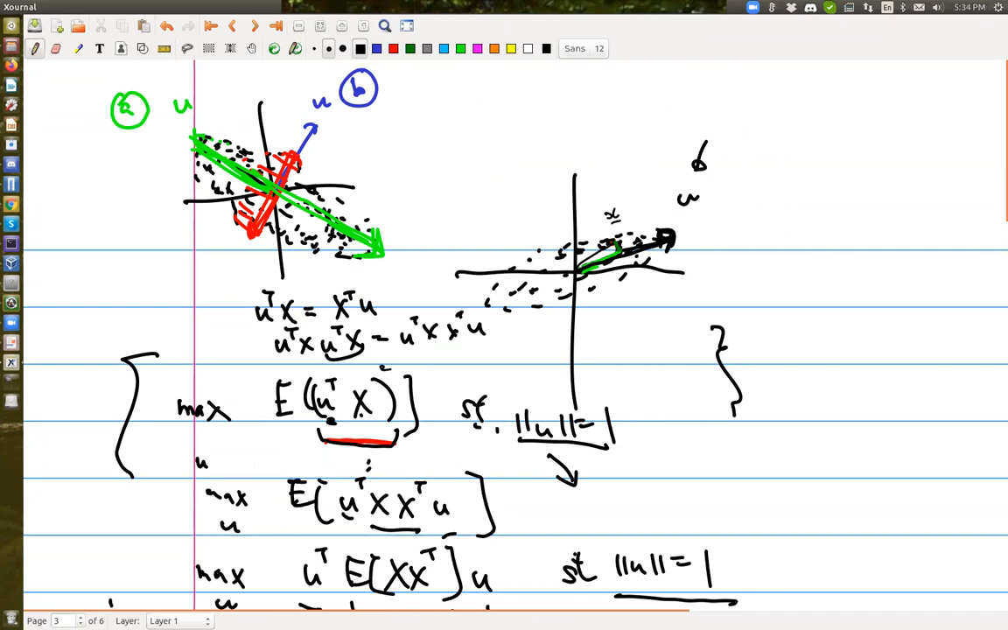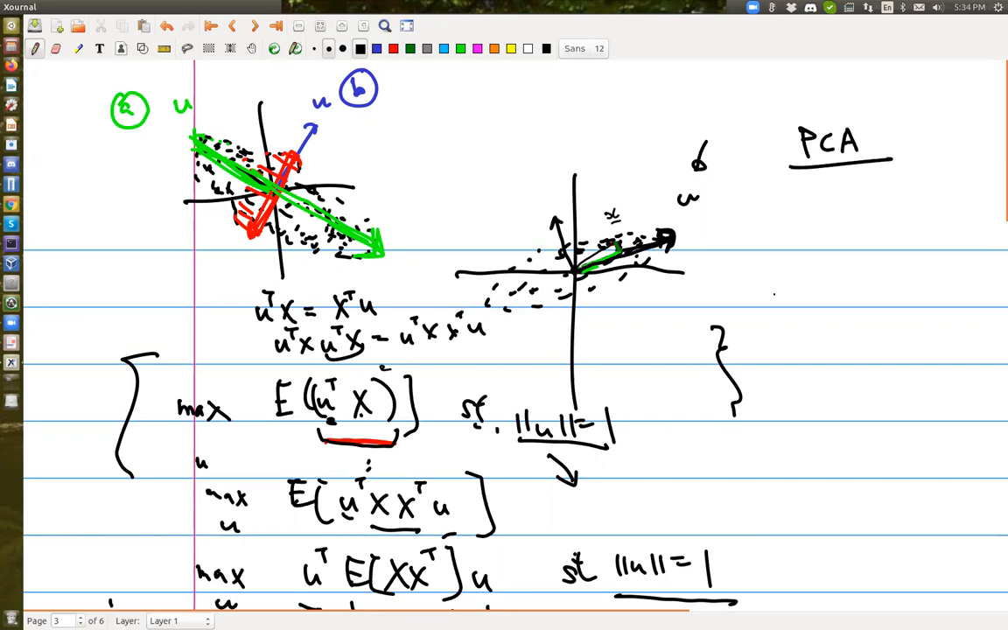covariance matrix. And with the same argument, you can easily show that the eigenvector with the next largest eigenvalue will be the second principal component, and you can continue to solve. So therefore,